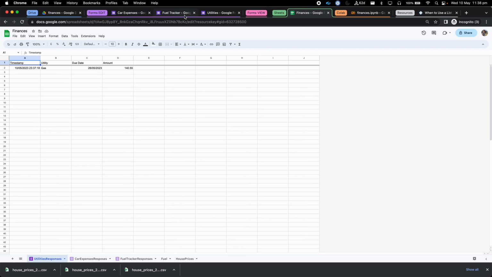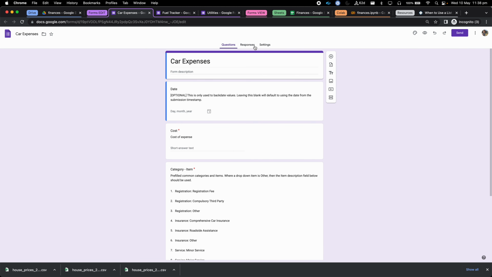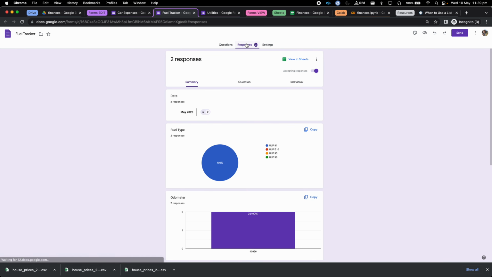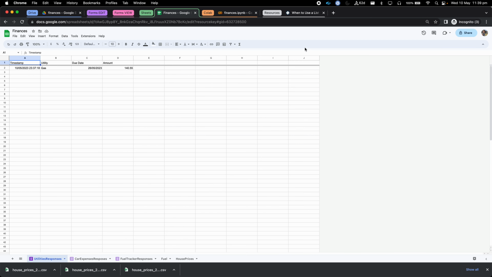Let's go into car expenses, responses. So this is the section where I go and say, hey, for each of these responses, don't save them in Google Forms itself, save them in Google Sheets. And for each of these, the responses, well, it does have some data here, but I've linked all of them to the same Google Sheet. Which brings me